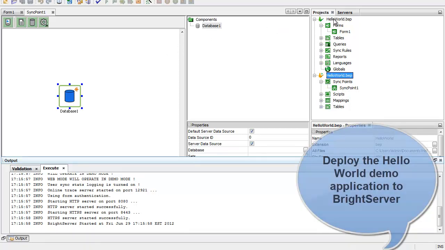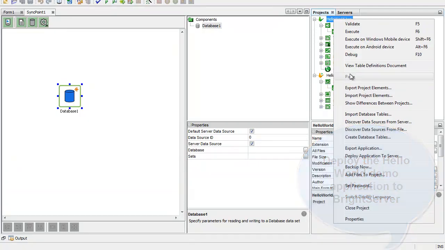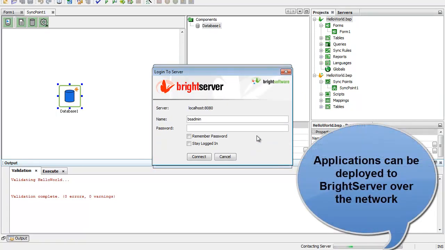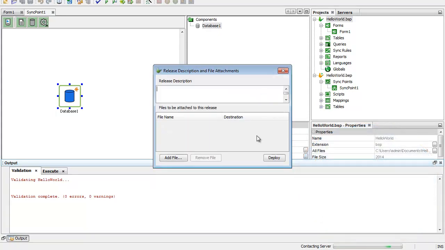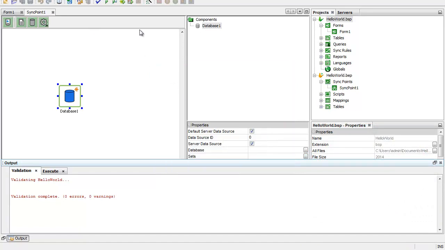The next thing I need to do is I need to deploy my application, my Hello World application, to the Bright Server. This will make the Hello World application available to the users who log in on the Bright Server to then use. So Bright Server is running locally on the default port 8080. And after it's been successfully deployed,